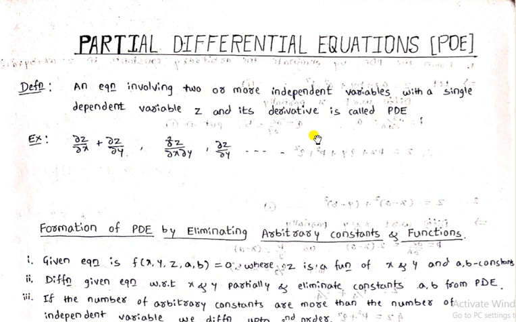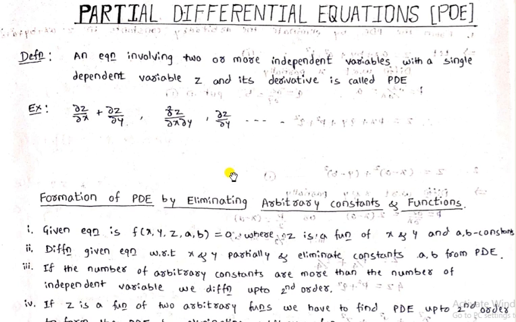And we also know that in a partial differential equation, when we differentiate with respect to a single variable, say x, you have to treat y as temporarily constant, or if we differentiate partially with respect to y, we treat x as temporarily constant. Or in general, when we differentiate with respect to any single variable, we treat all other variables as temporarily constant. So it's called a partial differential equation.